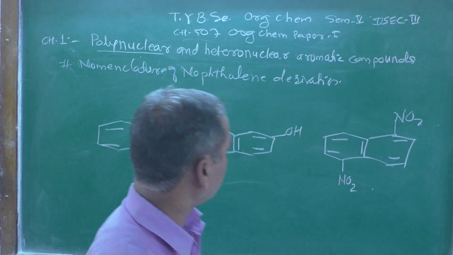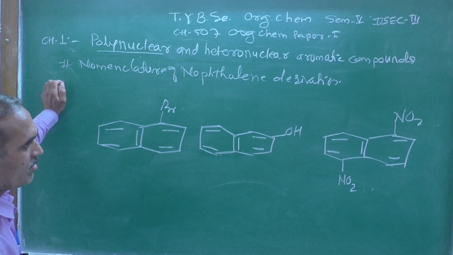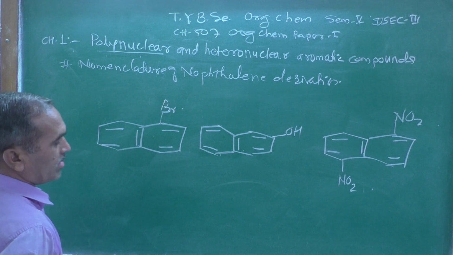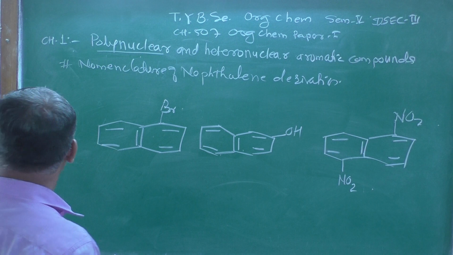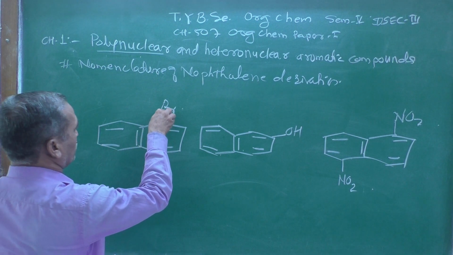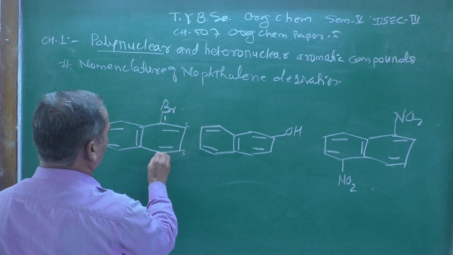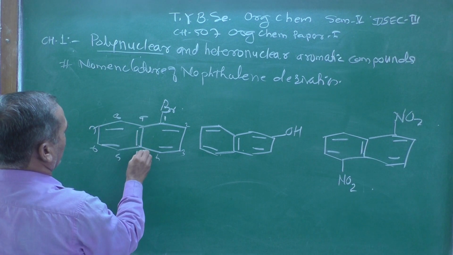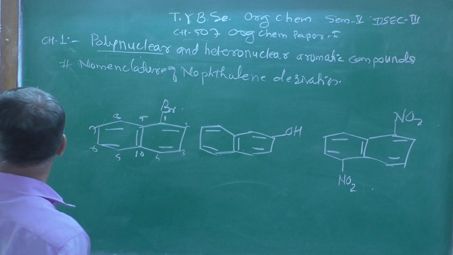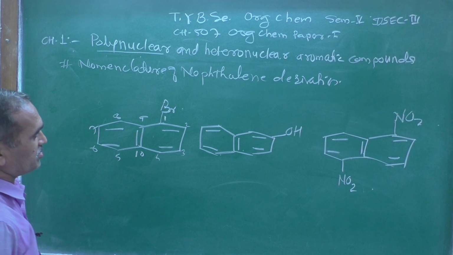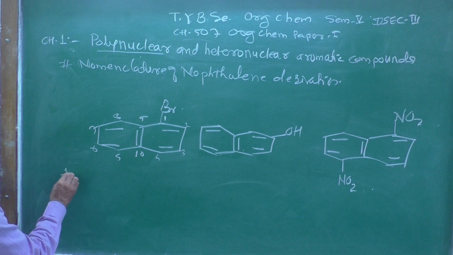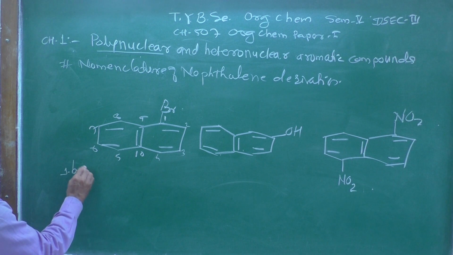Now let's see here. How do you say this? Look at the bromine atom attached at one carbon atom, and therefore you can start the numbering from here. 1, 2, 3, 4, 5, 6, 7, 8, 9 and 10. Look at the bromine atom, at which position it is present. It is present at one position, so that you can call it as a 1-bromo